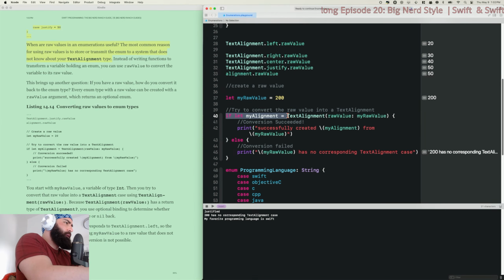Whatever, the temporary constant. That's what I'm going to call it, because it's an if let. Oh, optional binding, I just said it. So my alignment, if this is equal to the enum dot, and then the argument we pass is my raw value.